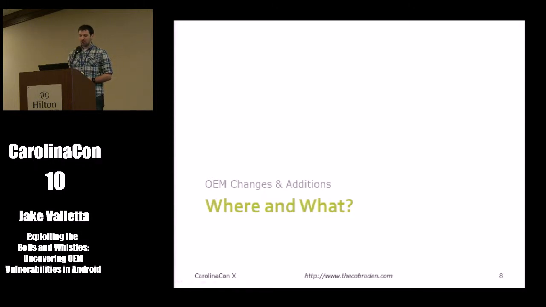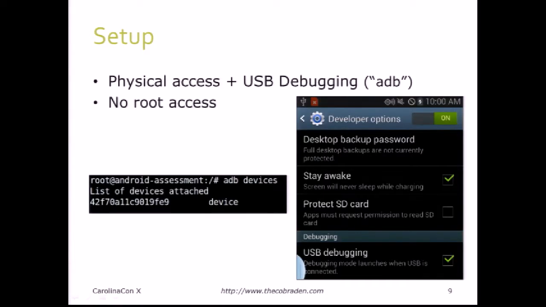So we're going to start by talking about the where and the what, where to look and what to look for. And I've kind of broken it down just by type, I guess. So we're going to start, give a quick little setup here. Let's assume that somebody hands you a phone, and this is not a phone that was stolen or something, so